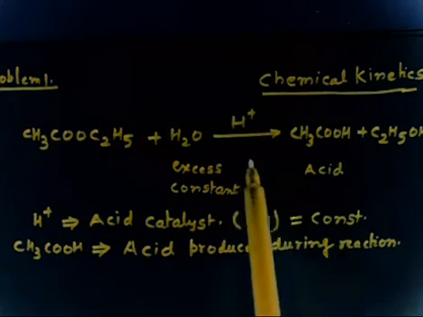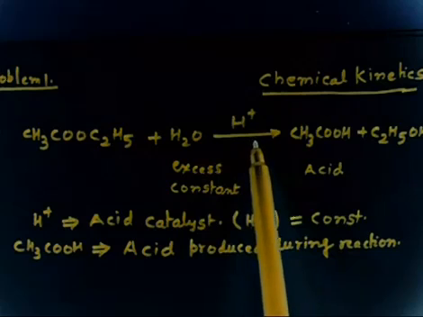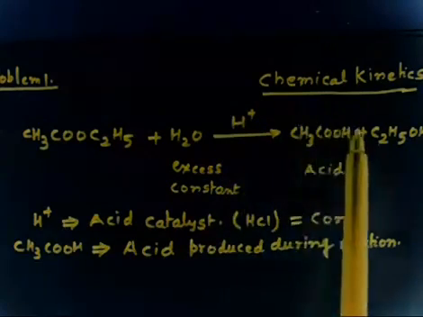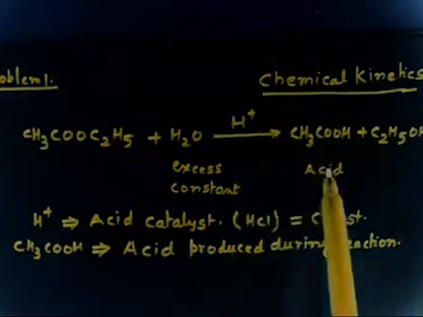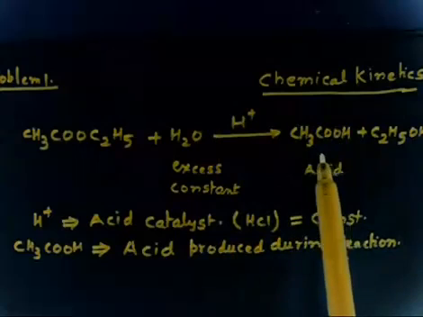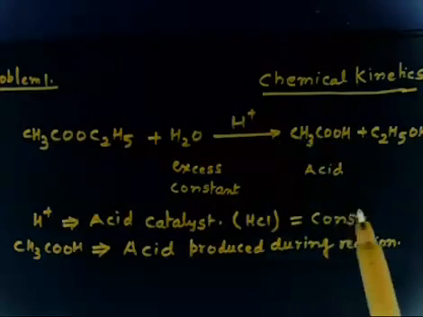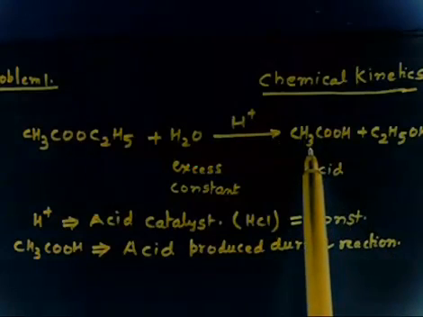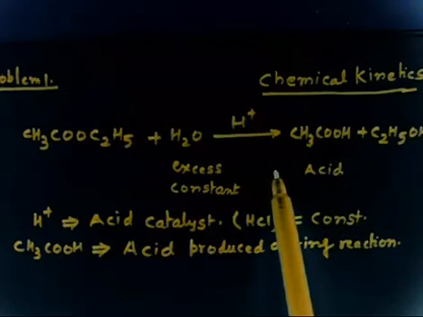So what we can do is we can take the total concentration at any time t. So what is the total concentration of acid at any time t? The H plus and the concentration of acetic acid. Now if I measure the concentration of this total acid, slowly during this reaction, this concentration will increase. So I can find the rate. If I measure the total concentration of acid at any time t, I can find out the rate of reaction because the total concentration is directly proportional to number of moles.